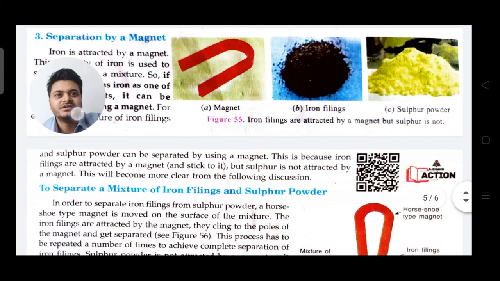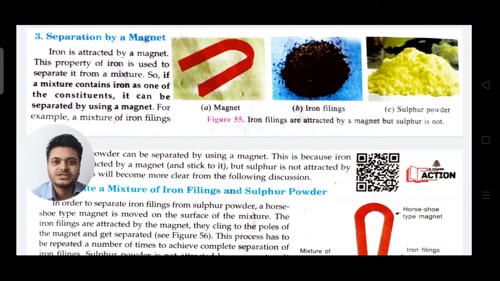Next we have separation by magnet. How can you separate things by a magnet? We know that iron is attracted by a magnet, right? So this property of iron is used to separate it from a mixture. If a mixture contains iron as one of the constituents, it can be separated by using